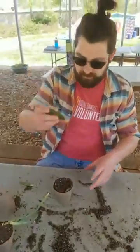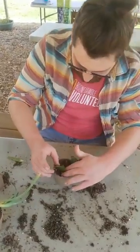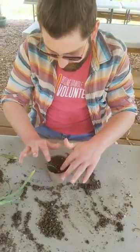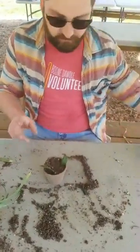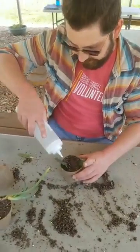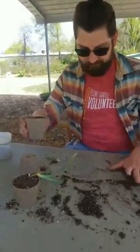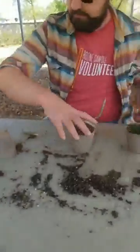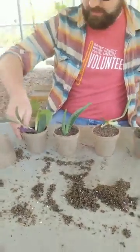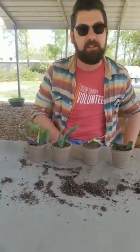And the other one, the Christmas cactus, is the same. Just going to poke it down in the soil just a little bit. Just enough to keep it stable, to give those roots some soil contact. And you're good. I am going to give this one just a little bit of water because that soil just felt a little bit drier than the soil for our aloe. And there we have it. So you can see here, this one's not the best example, but this one's pretty good. This is good too. We now have 1, 2, 3, 4, 5, 6 new house plants from plants that we